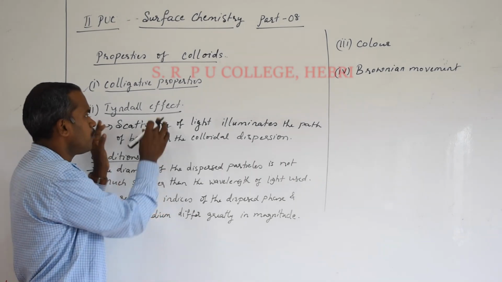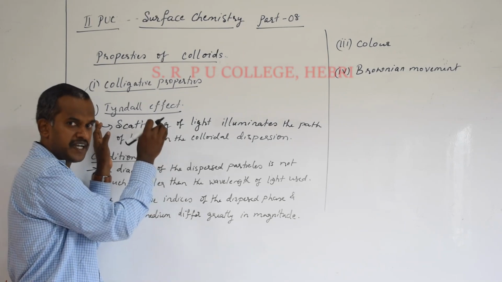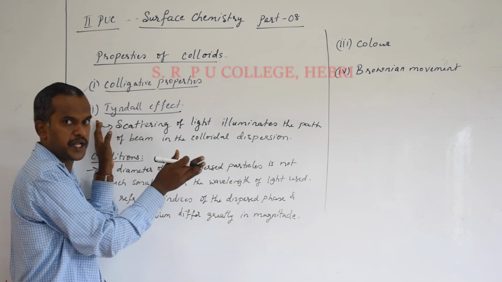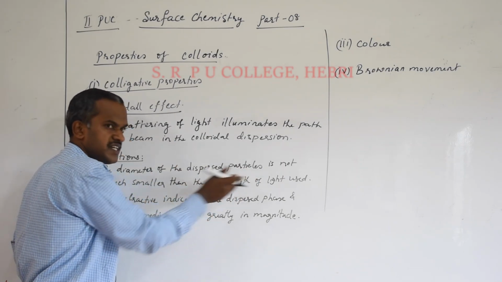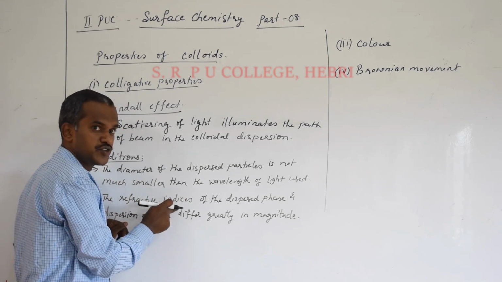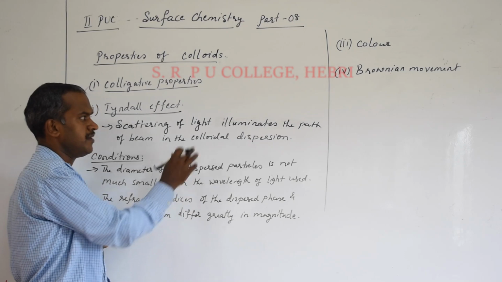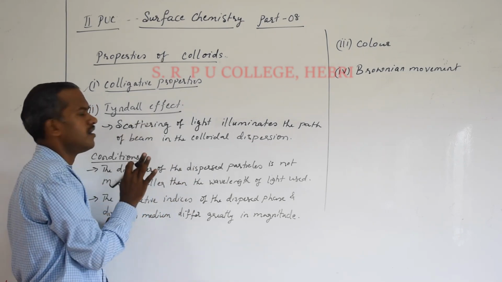Okay, so I hope you understood. The Tyndall effect mainly arises because of the particle size, and the ray of light is not passing in the same direction. There is a scattering observed, and that depends on the wavelength of light and also the refractive index of the dispersed phase and dispersion medium. The difference between them plays a very important role. So that's all about the Tyndall effect.